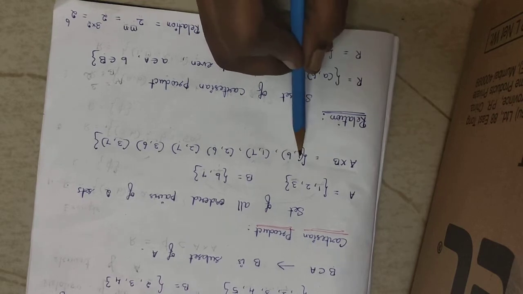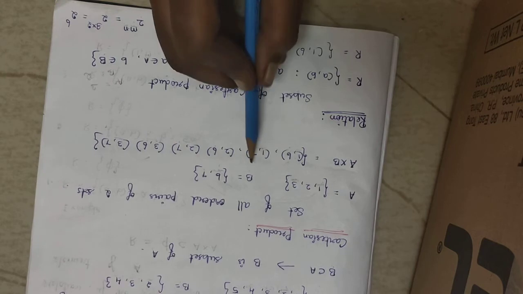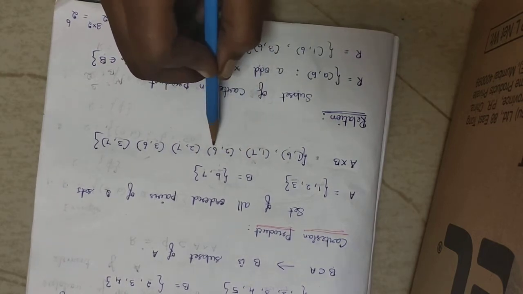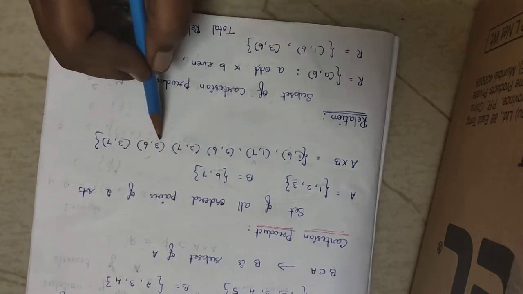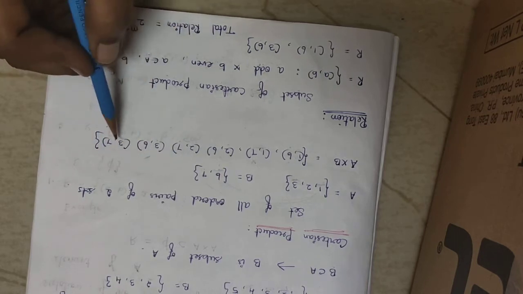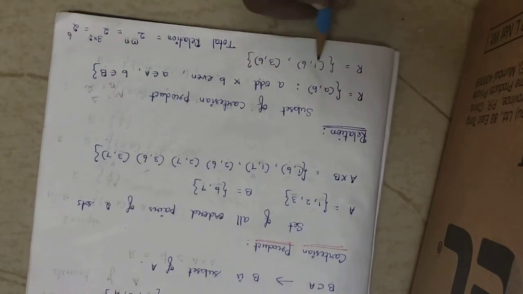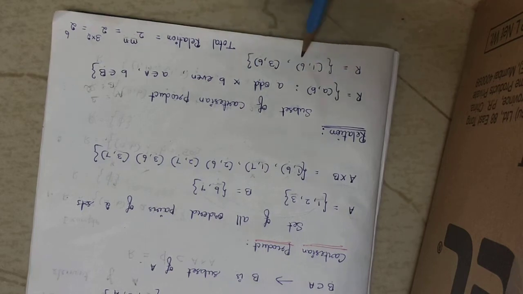Now see here (1, 6). 1 is an odd number and here it is an even number. Here odd and odd. This is not possible. Now here even number, this is also not possible. Here it is even, odd, that is also not possible. Here it is an odd number and an even number, so this is possible. Now here it is odd and odd, so this is not possible. So the subset is {(1, 6), (3, 6)}. These two ordered pairs satisfy the given condition, therefore this is a relation.